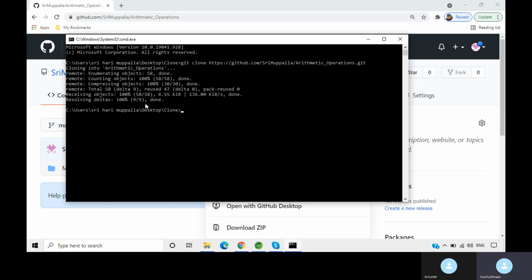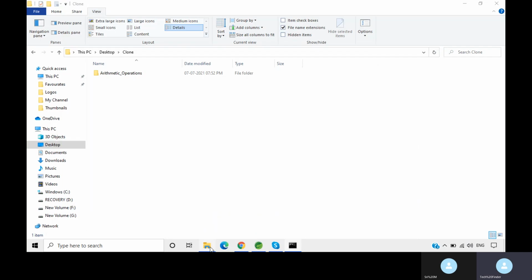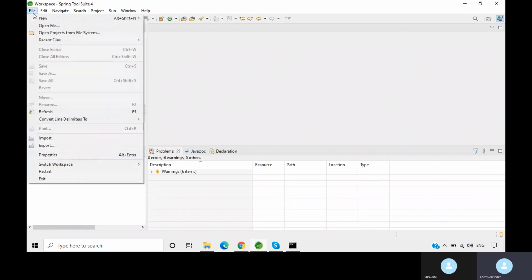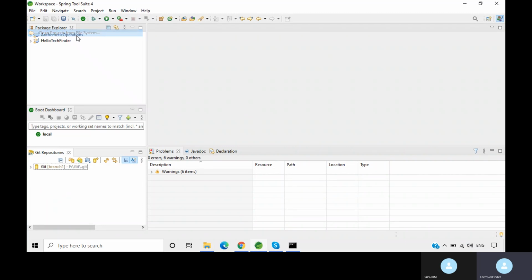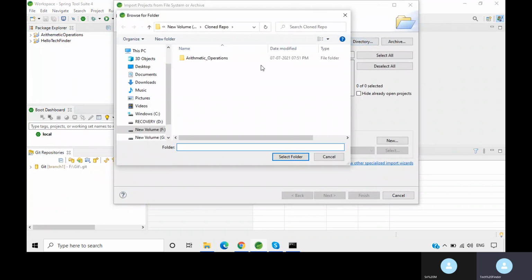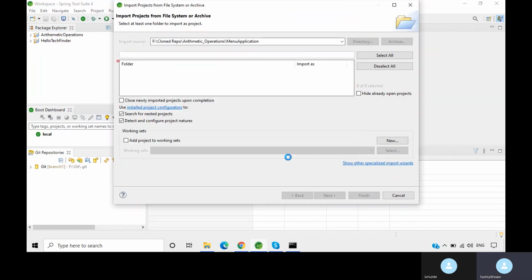See, the project is cloned. Now open the folder where you have cloned and just open this file. Here menu application is there. To import this project into our STS, just click on File, Open Projects from File System, and give the location where the project is present and select that.